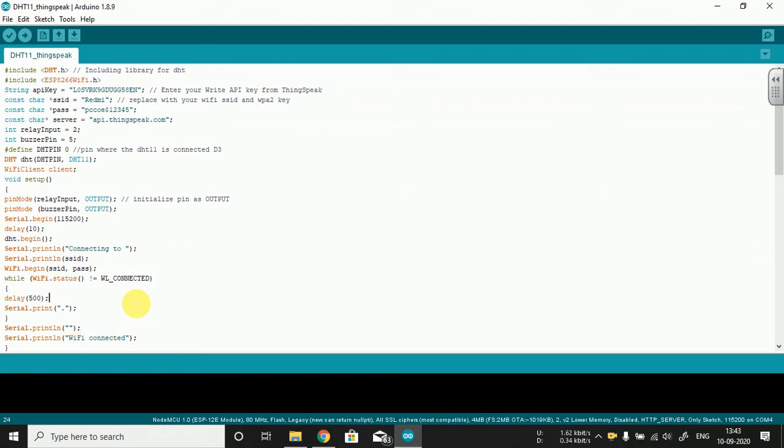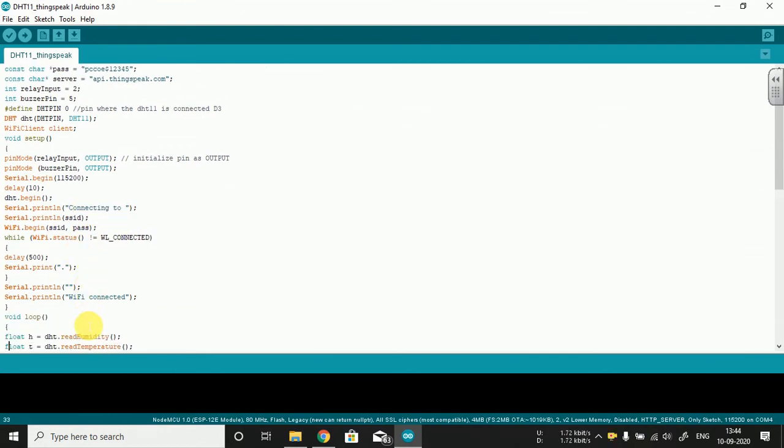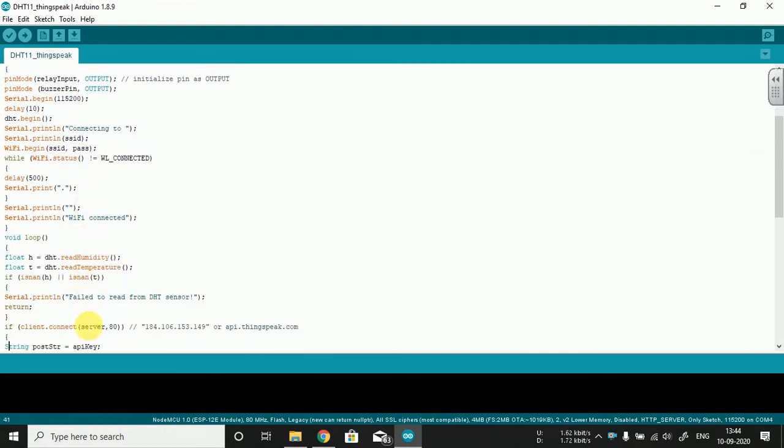If it is not matched, it will keep trying to connect. It is a kind of loop. Once it is connected, it will get a unique IP address from the Wi-Fi router or your hotspot, which might be 192.168.43.something if you are using a hotspot.